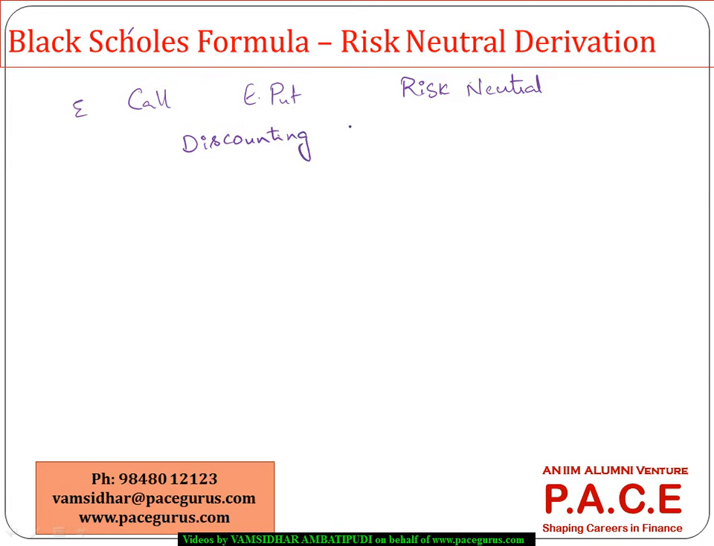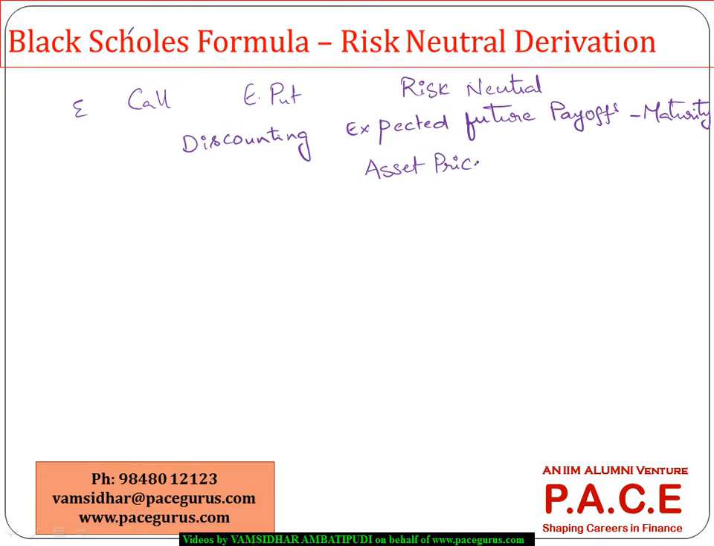discounting the expected future payoffs. Expected future payoffs that are going to come on maturity. When I am discounting them to the present value, that is what we call risk neutral valuation. And here, especially with respect to option pricing, we go under the assumption that the asset prices